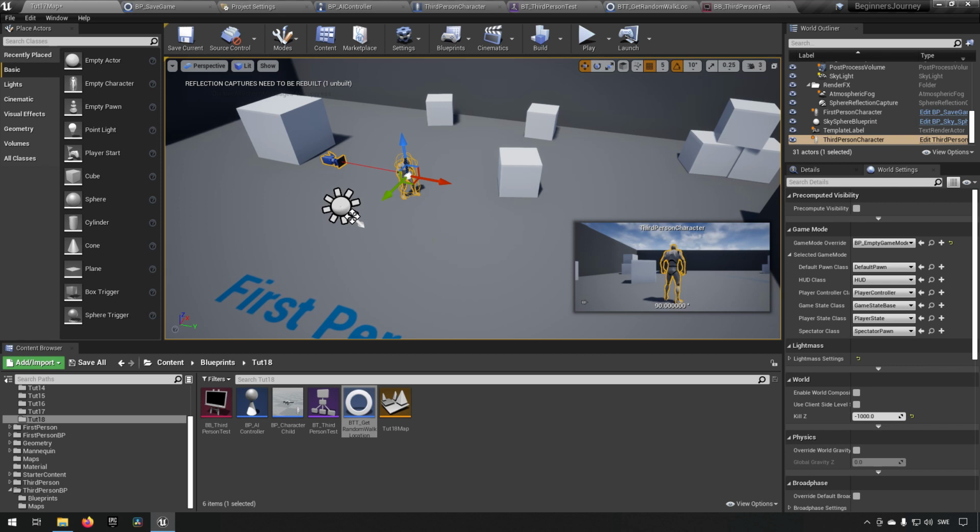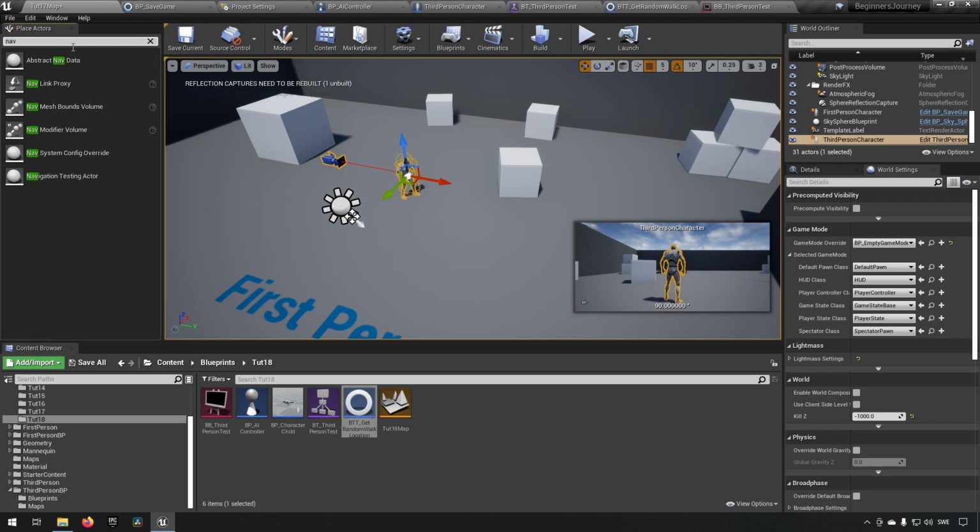An AI uses something that's called a nav mesh, for navigational mesh, which means that it is a calculated area where it is allowed to walk. And that is determined by things like obstructions and planes to walk on and things like that. And it's very easy to get one of those in the game. All you have to do is go up here and type in nav,